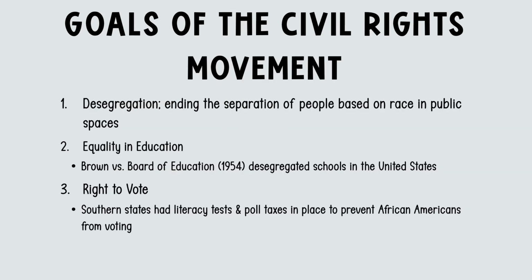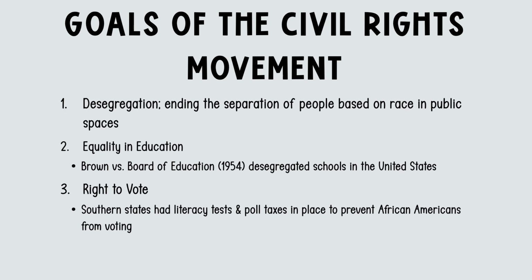Now that we've looked at the background of the history of struggle for social equality, and we've explored the important groups and players in this movement, we need to take a look at the major goals of the Civil Rights Movement. This was a significant social and political movement that aimed to bring about equality and end discrimination based on race. One of the primary goals of this movement was desegregation, which involved putting an end to the separation of people based on race in public spaces. This meant challenging the segregation that existed in schools, public transportation, restaurants, and other establishments.